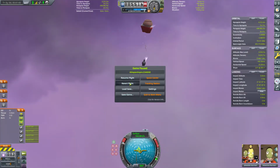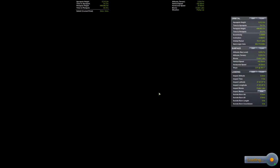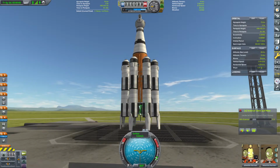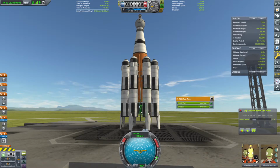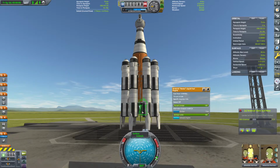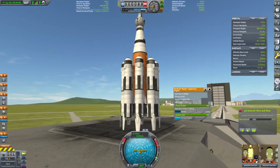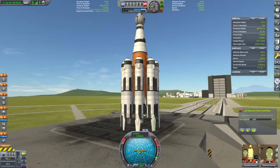And I'm wondering if we just need to throttle this thing down as we go up. I'm wondering if we just have too much control. Like, what if we turn off gimbaling on these vectors? It might just be too much. We turn off gimbaling. We have to do that individually, apparently. But if we do that,